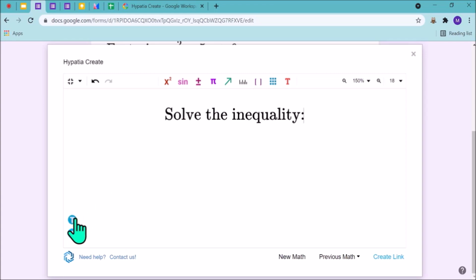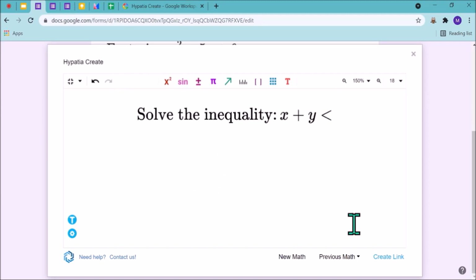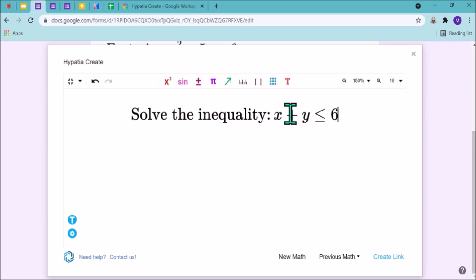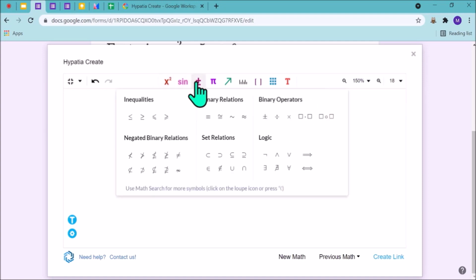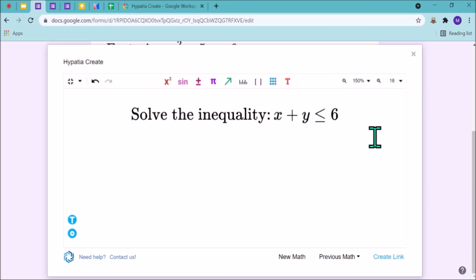I will go back to math mode. Again, I don't need this: x plus y less than equal to 6. Everything I am typing from my keyboard. These symbols are very much here, you can see there are these symbols. But we don't need to go there if we can type that from our keyboard.